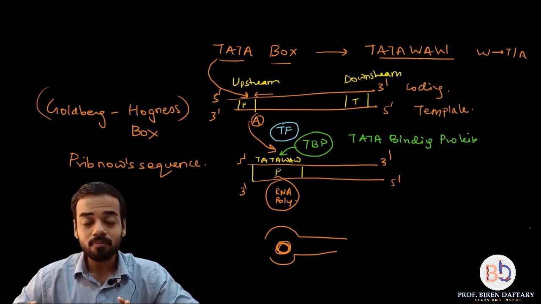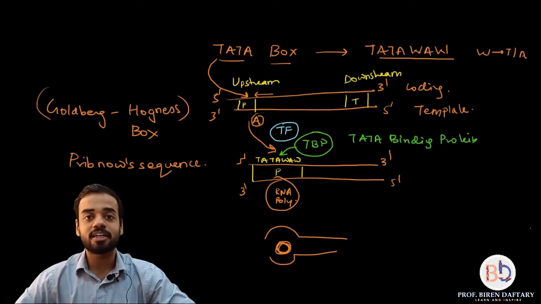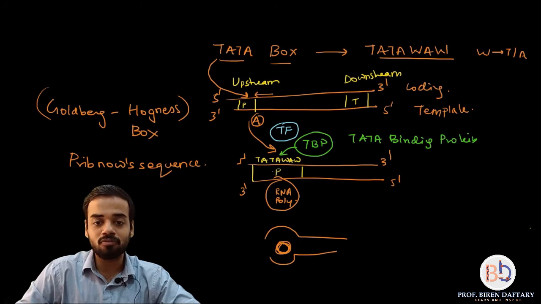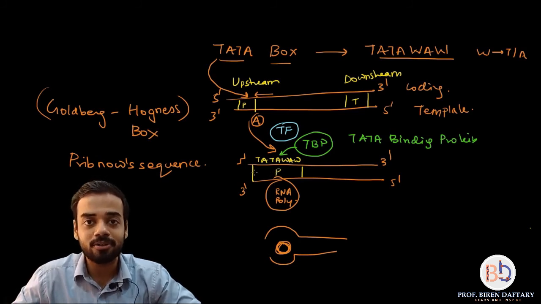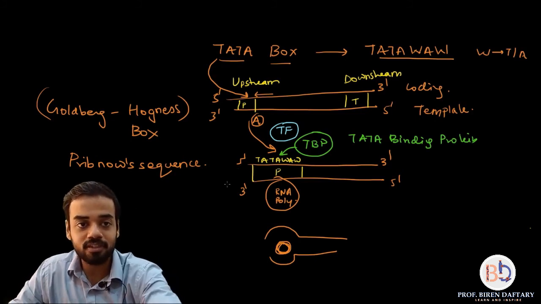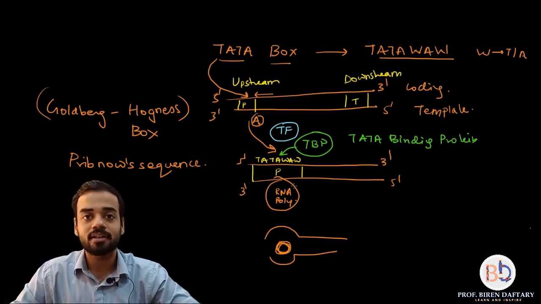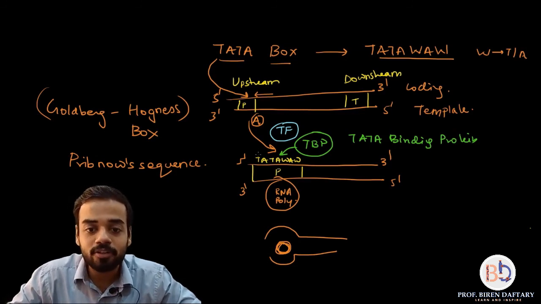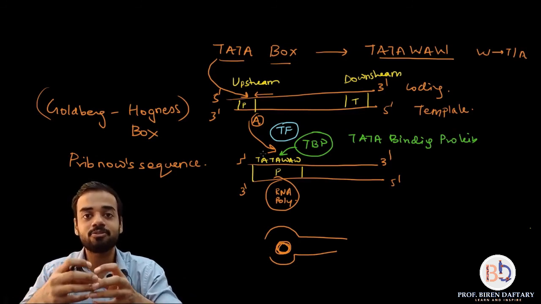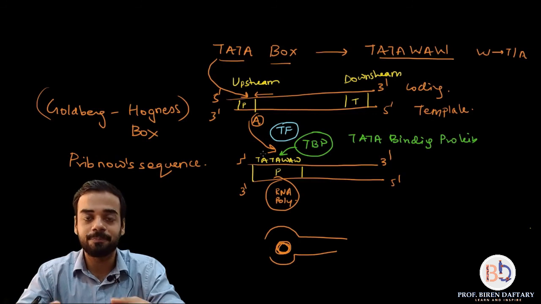Is this clear? Now another question which arises is why there is no guanine and cytosine in this area. Why only thymine and adenine? Very simple. If you want to unwind these two DNA strands, you need to break the hydrogen bonds. The complementary sequence to the TATA area will also be A and T, correct? Because T is complementary to A. So if this is TATA, then the sequence on the template strand will be ATAT, correct? So that entire region is made up of only double hydrogen bonds, so it is very easy to separate the two DNA strands. Is this clear?